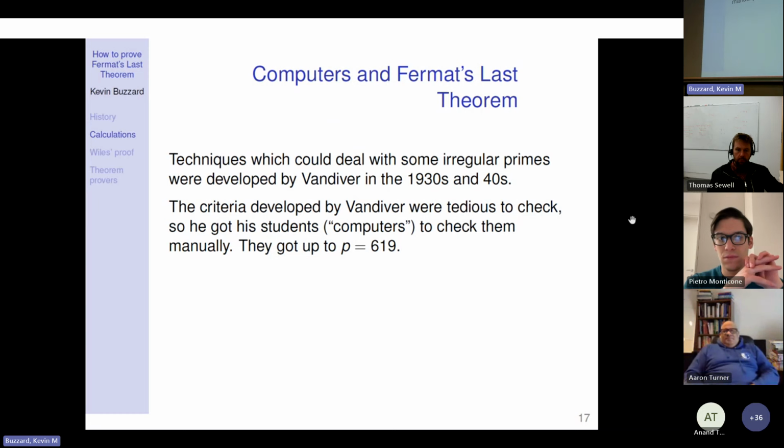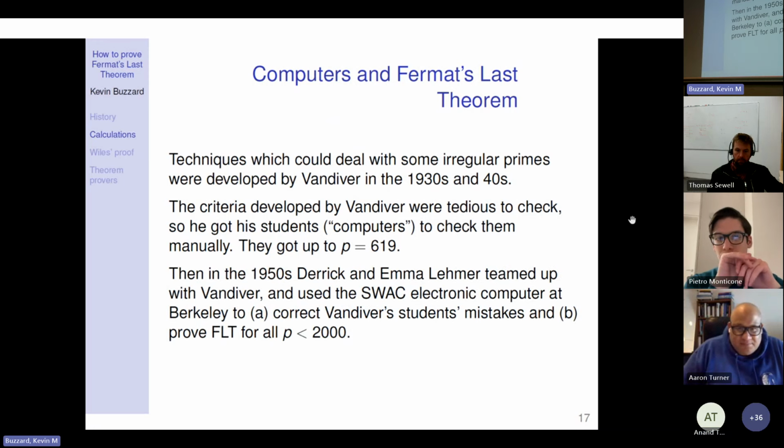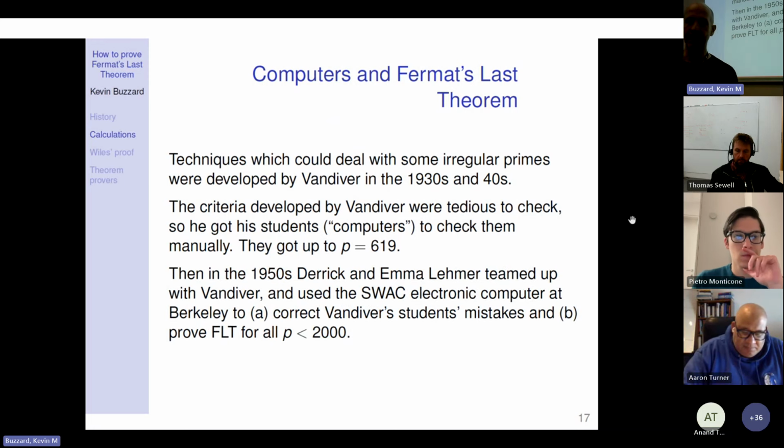They proved Fermat's last theorem for all n less than 619. So that was the state of the art. And then the electronic computer was invented, and Derek and Emma Lehmer had access to one in Berkeley, and they